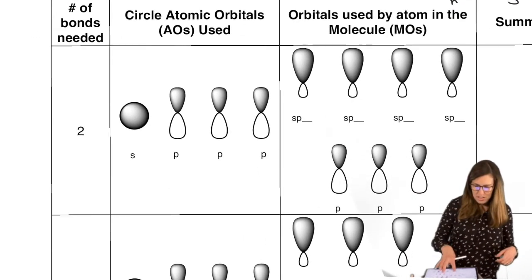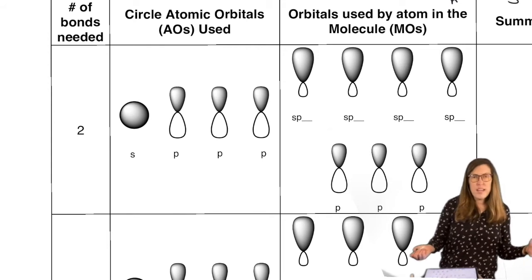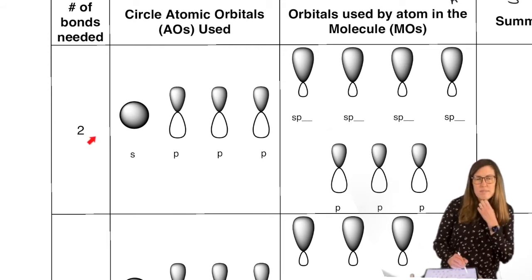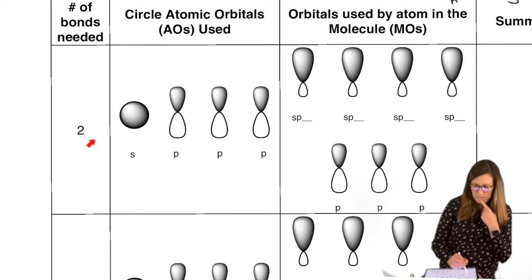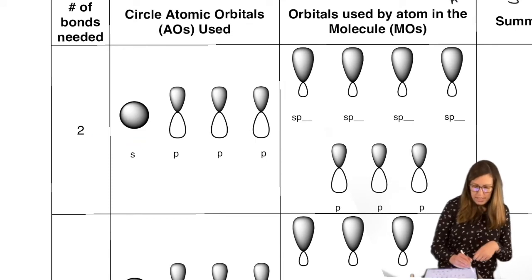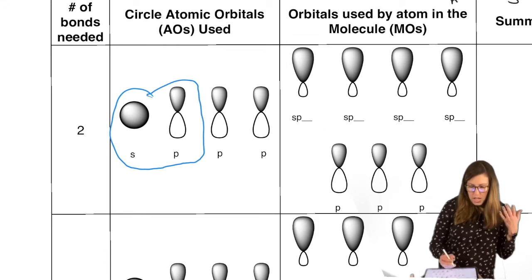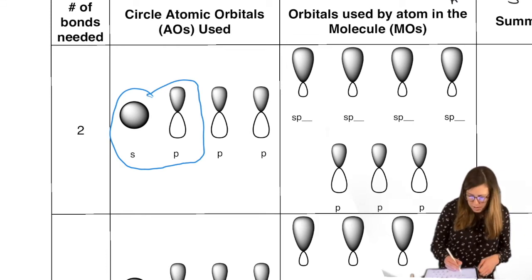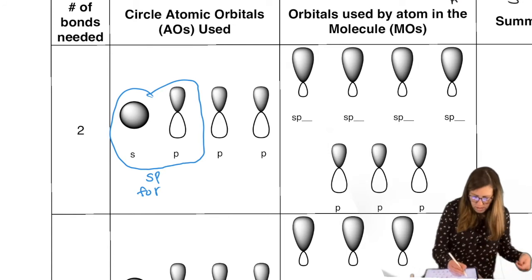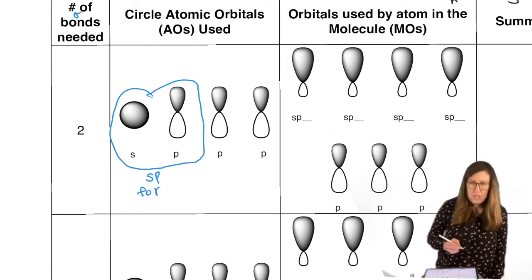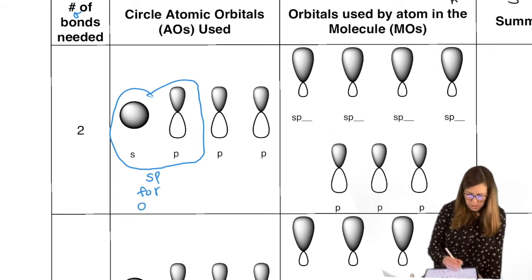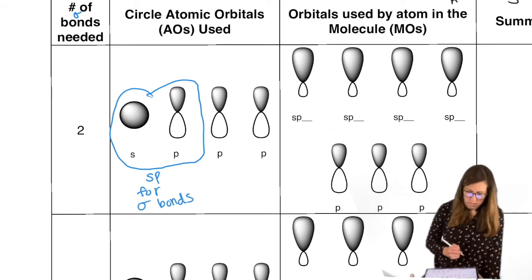All right, let's do that. Say, conversely, you could say, how many bonds do I need? I know I need 2 bonds. I need 2 sigma bonds. Okay, so I'm going to start with lowest energy. I'll take an s. And then I have no choice. I've got to get a p. I have to take 2 orbitals because I need 2 bonds. So I'm going to mix them. And that means they're going to be sp, because those are the 2 letters I circled. Those will be for my sigma bonds. So number of bonds, I'm going to write sigma up here in that table. sp for sigma bonds. Okay.